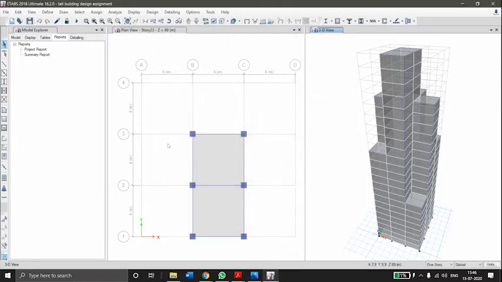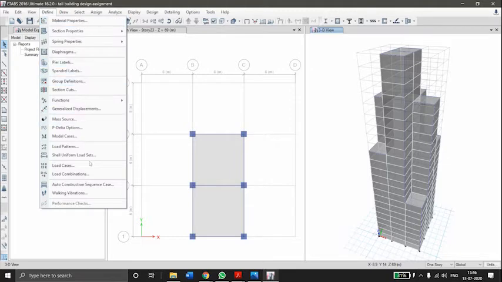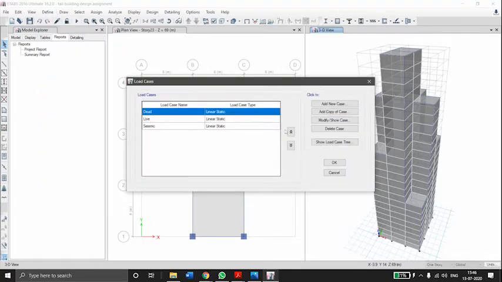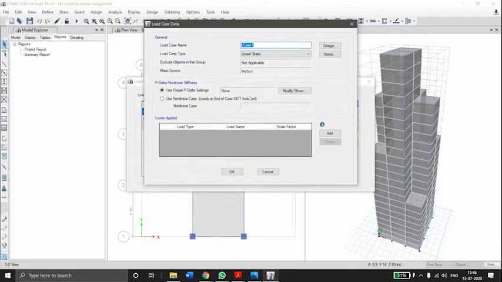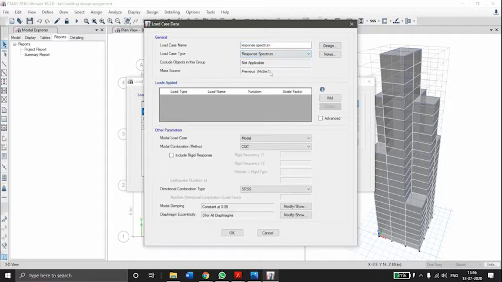Select OK. Now go to define, go to load cases. Click on add new case. Type the load case as response spectrum. Select load case type as response spectrum. Then click on add.